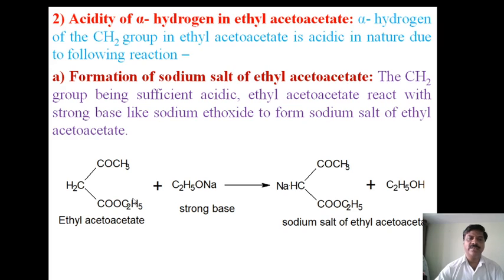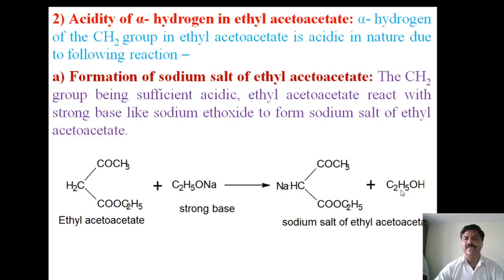Now here, when this compound, ethyl acetoacetate, reacts with a strong base, sodium ethoxide, it forms a salt by liberation of one of the alpha hydrogen atoms from the methylene carbon atom,